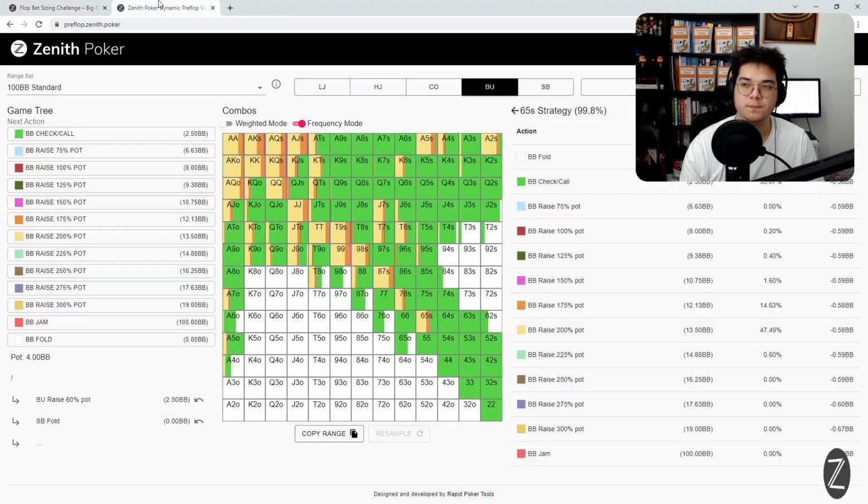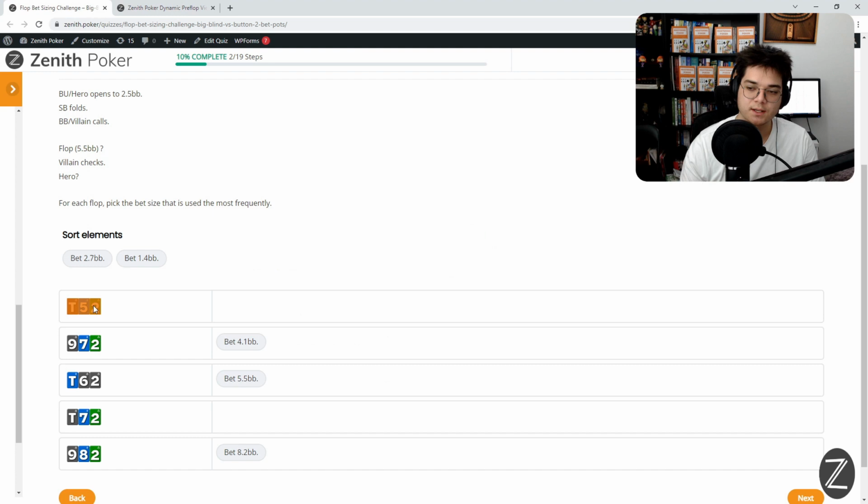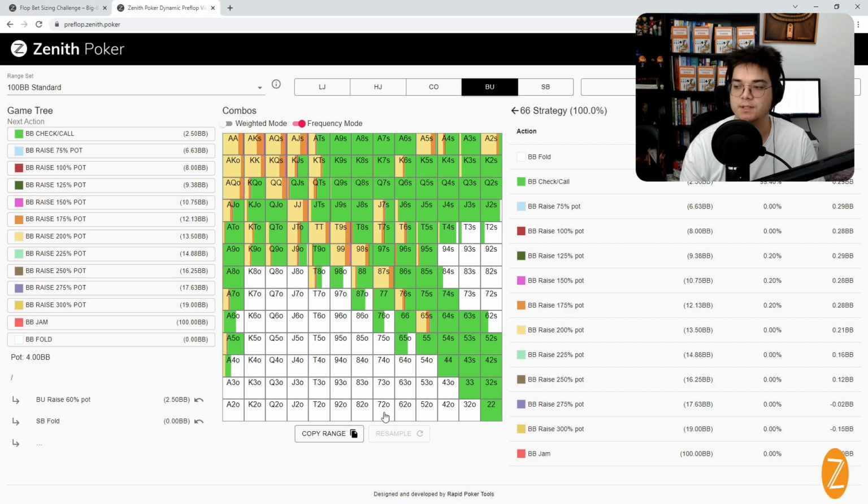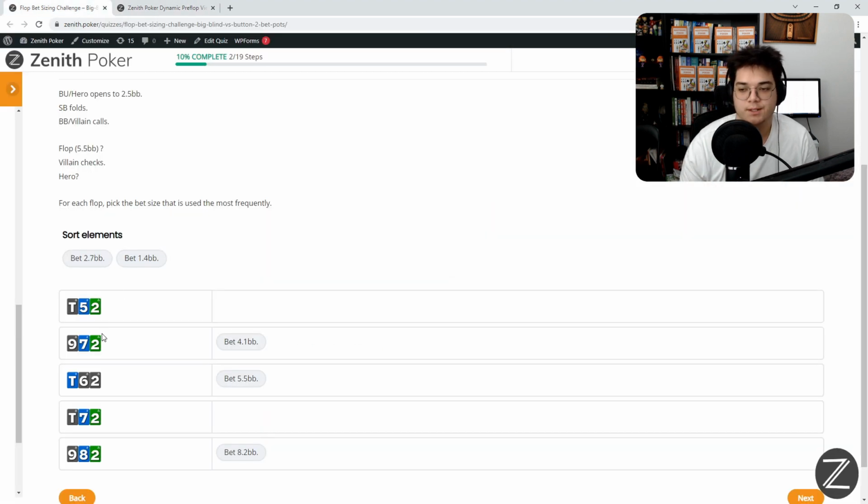And you can see that the big blind will have hit the 5 a decent amount of the time, will have hit the 2 a decent amount of time, and will have loads of gut shots between the 5 and the 2. So if you've got a 10x hand, how do you get value from those ranks around the 5 and the 2 and sort of under pairs, pocket 8s, pocket 7s, pocket 6s? It's pretty straightforward. You can go for a half pot bet here and just milk out that value against